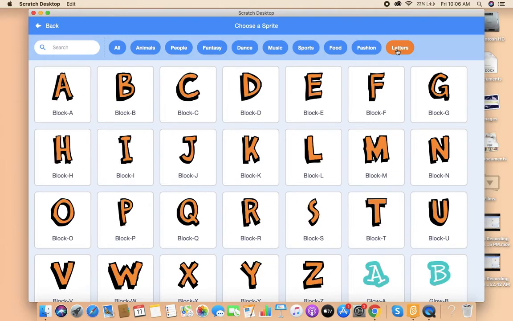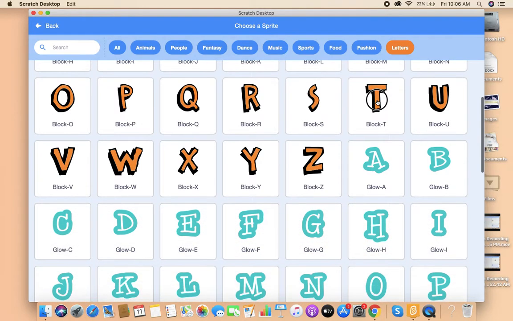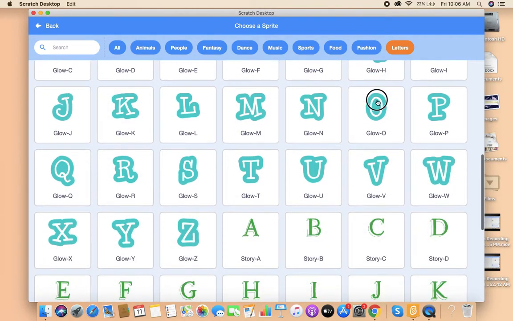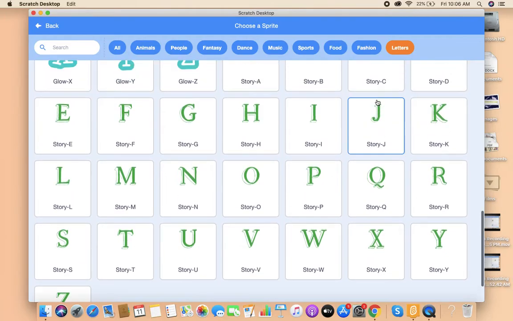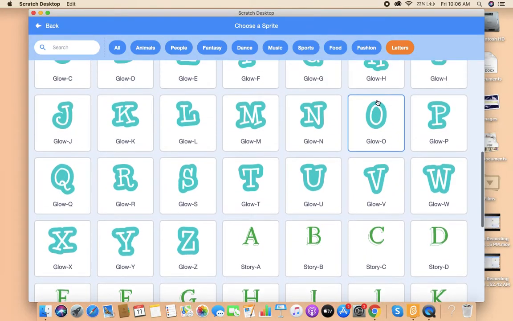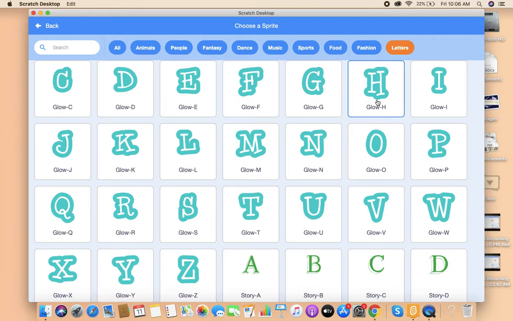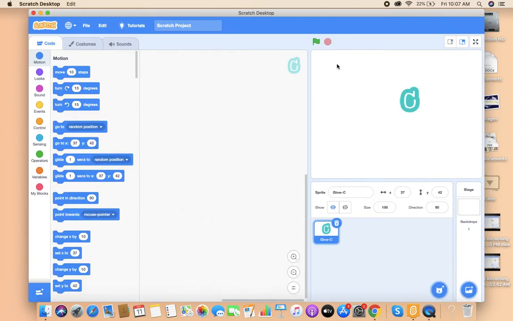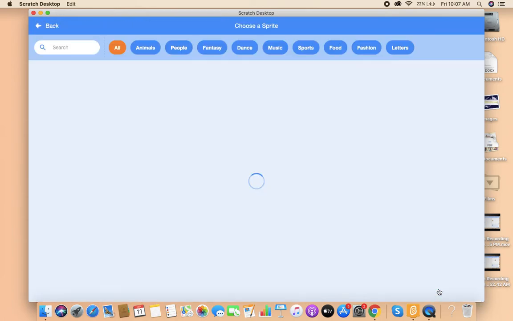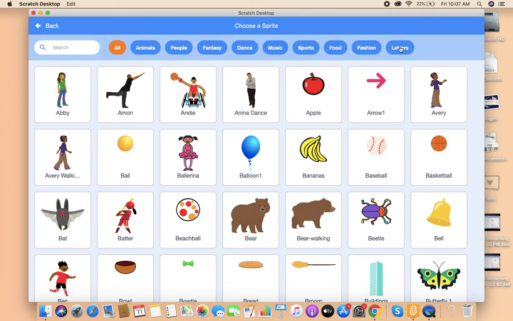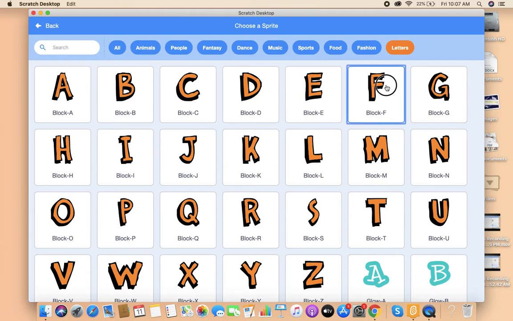We will go to letters, and we have different types of letters here. This is block, glow, and the third one story. Suppose I choose glow and I want to animate the word cat. First I will select the letter C. Next I will go to choose sprite again, select letters, and choose